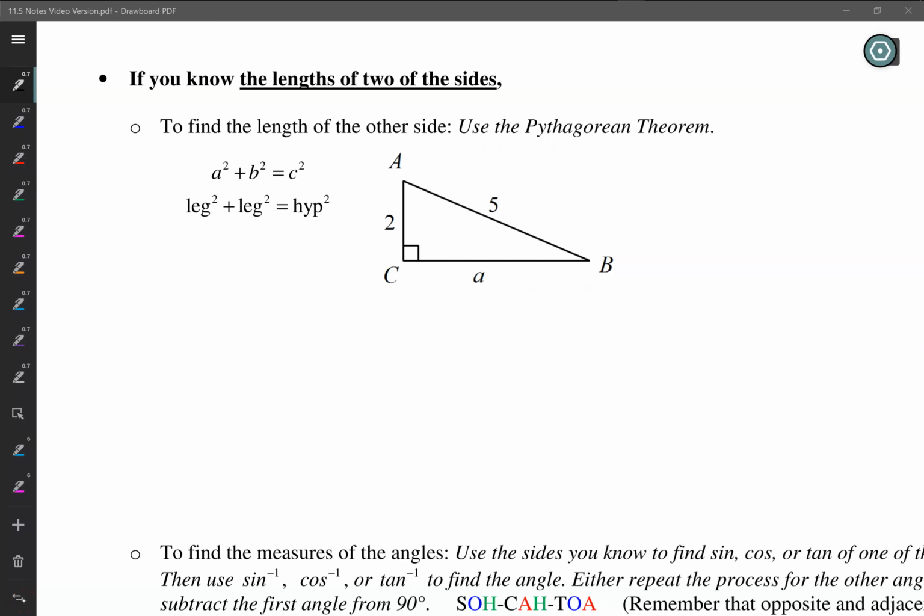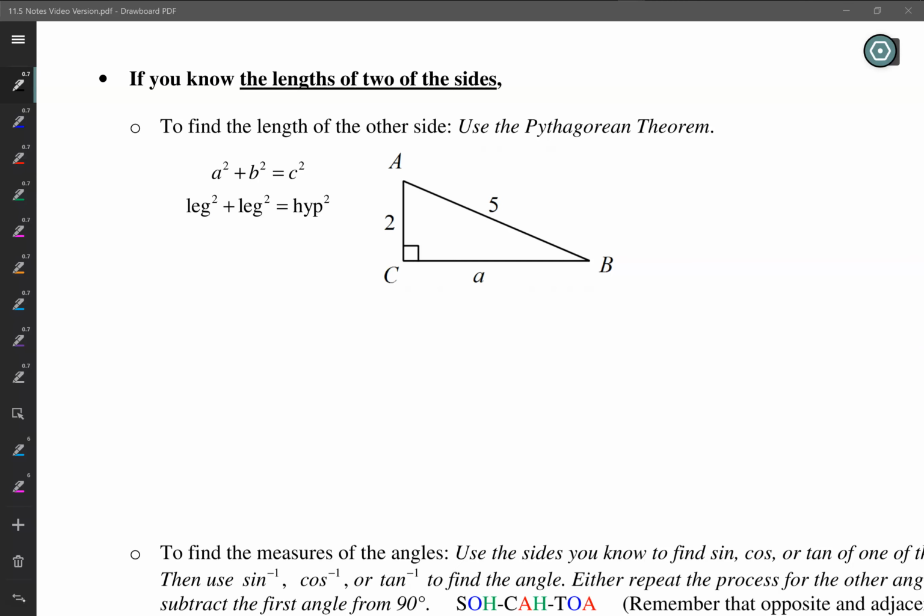In this video, we're going to continue talking about solving triangles. Specifically, we're going to talk about solving triangles where you are told the lengths of two of the sides and you aren't told anything about the angles. So to figure out the length of the other side, you use the Pythagorean theorem, which of course is